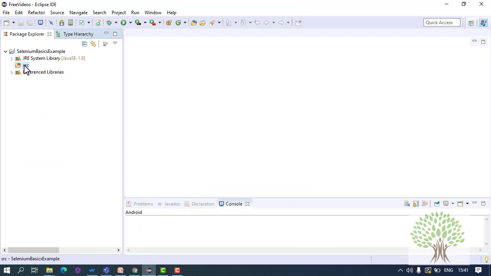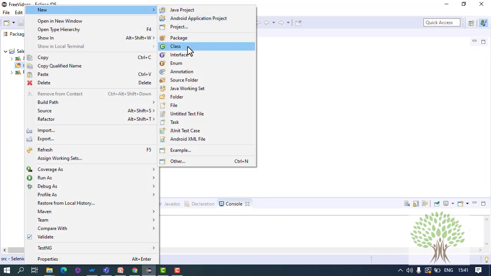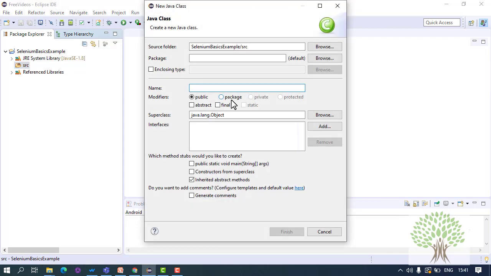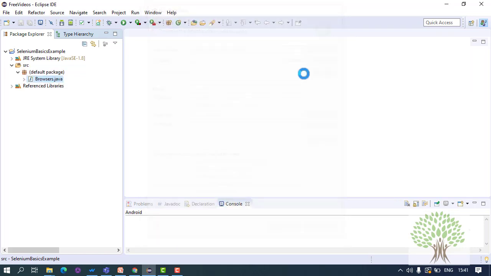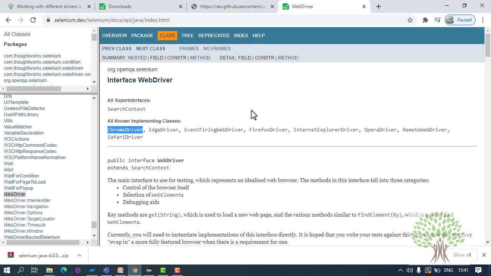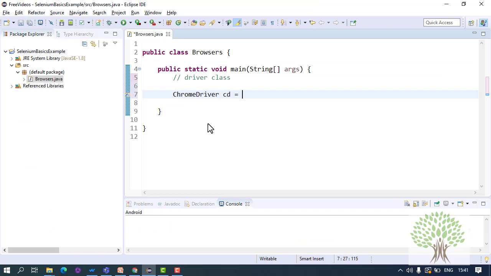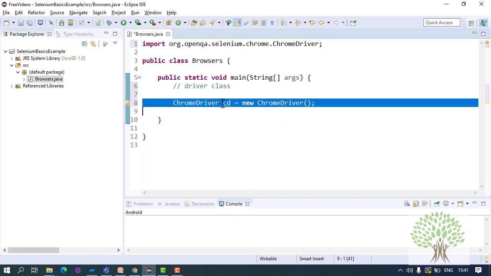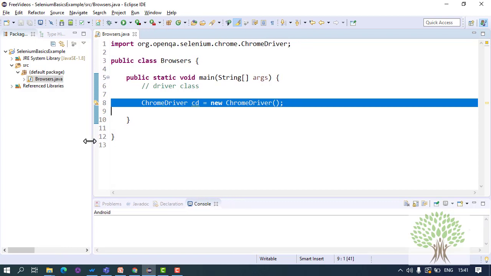the browsers. So I'll just create a new class in Eclipse. Fine. And I'll call it browsers, and I'll put a main function in this. Now the thing is, for every browser you have a driver class. Fine. If you talk about Chrome, then we have the Chrome driver. You have to create the object of Chrome driver class, and then you'll get the error. You'll have to move the mouse and import Chrome driver in order to work with Chrome. But you cannot just directly run this program.